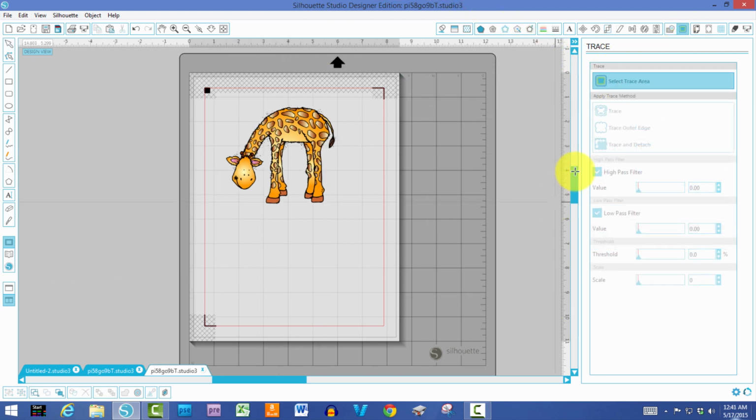Our next step is going to be to actually trace. So we're going to go up to the trace menu settings and click select trace area. It's the top item on the menu. Okay. And what you want to do is select the entire area of the image without leaving any details out,